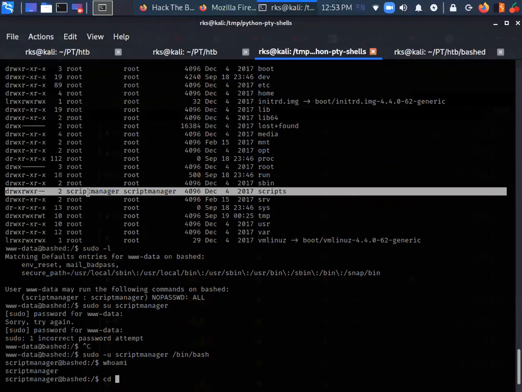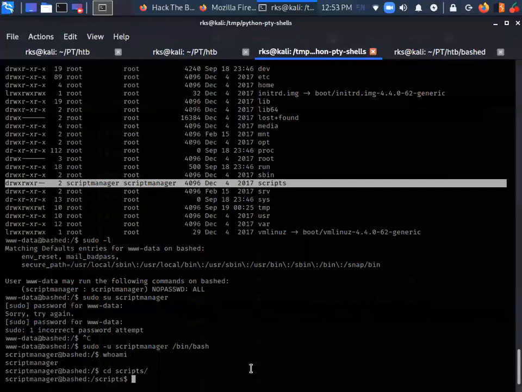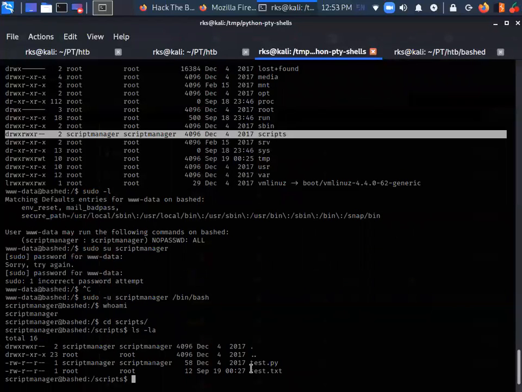Let's go to cd scripts, or let's just do ls -la, and here I can see that there are two files, test.py and test.txt.